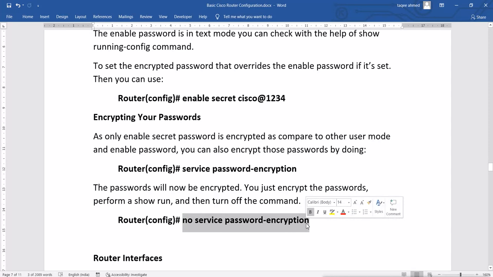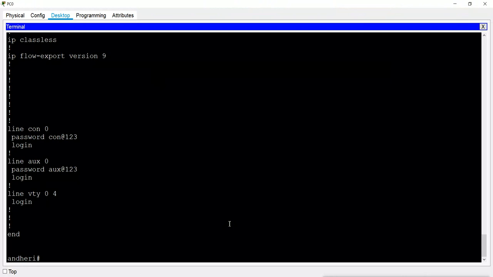So you can enable the encryption and you can disable the encryption by using this command. Now it is only encryption, which anyone can crack actually. So it is only doing encryption on these passwords, and it can still be crackable, it still can be reversible, because encryption can be reversible.